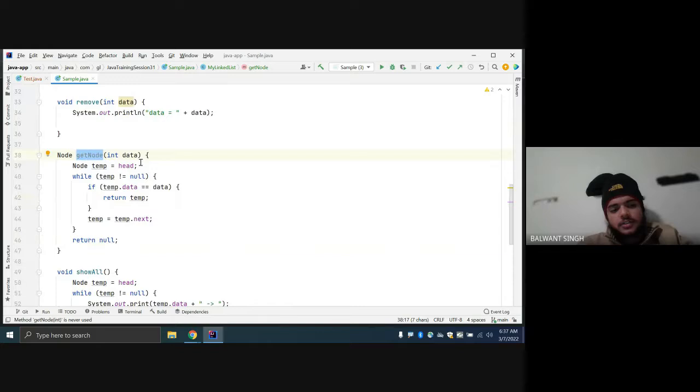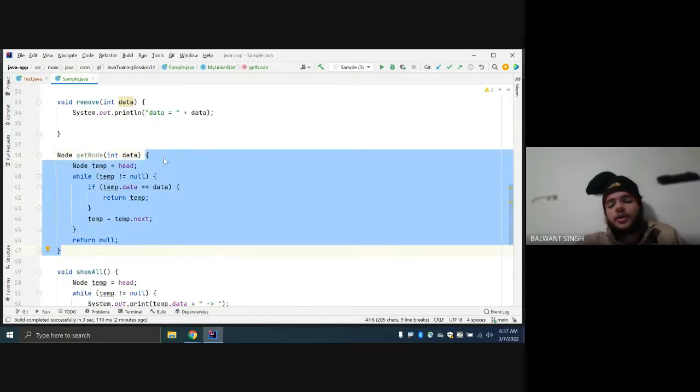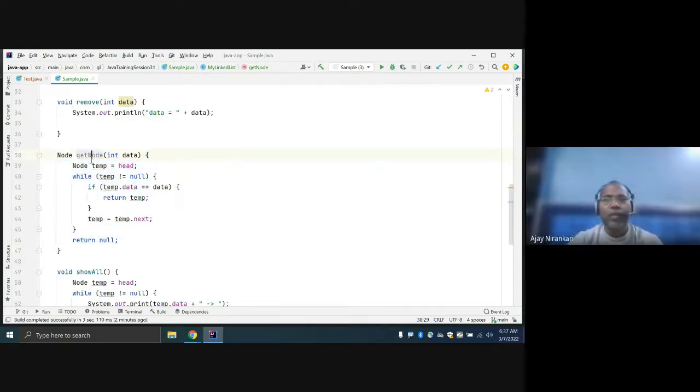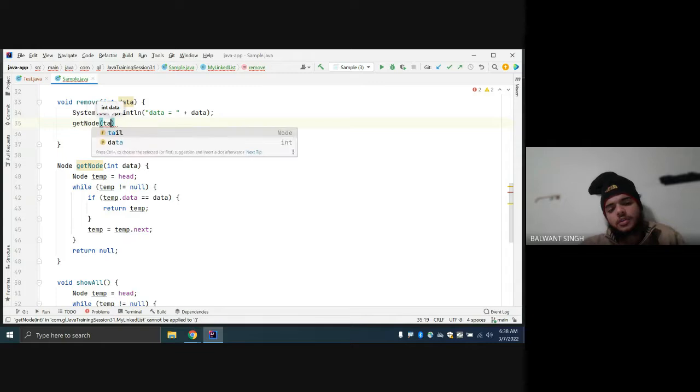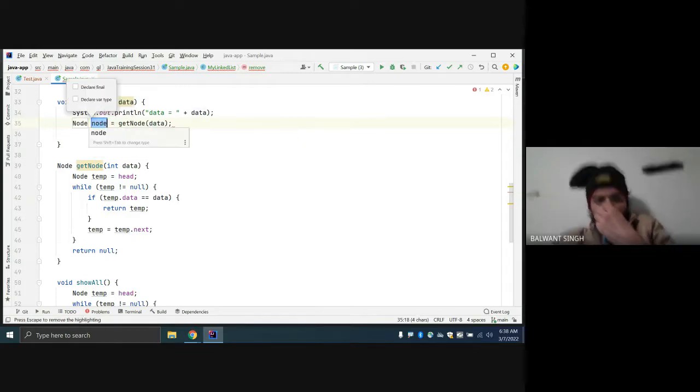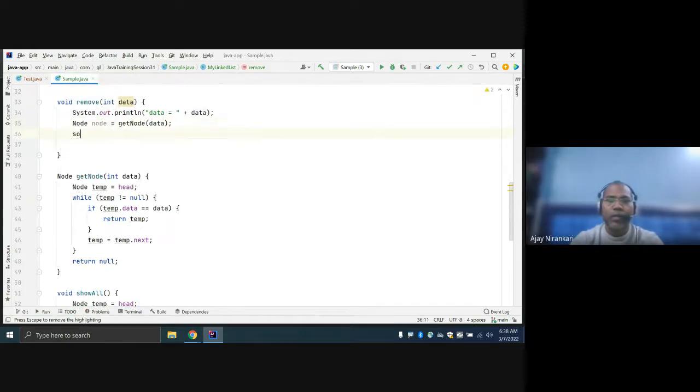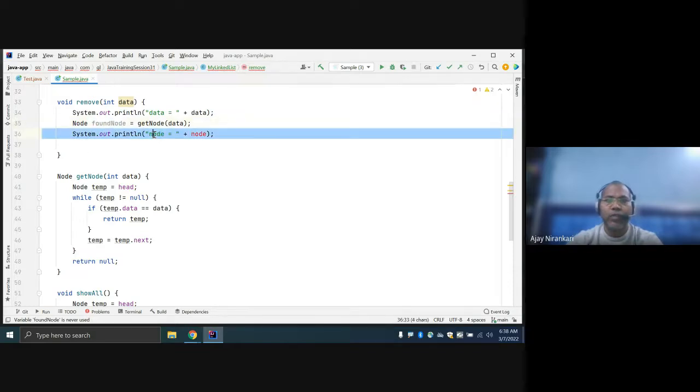Yes, you can consider it as a Boolean variable, Boolean found, and write it that way anyway, but here I want to get the node as output. So let's print it. You can say found node, and check just the found node.